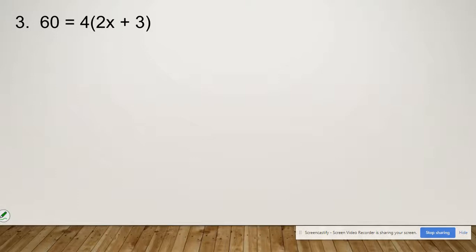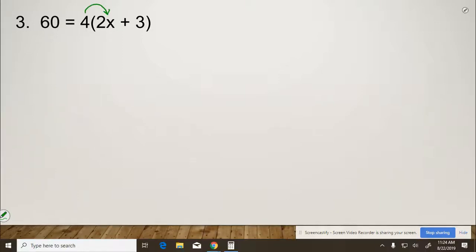Now we have 60 equals 4 times (2x plus 3). So it's twisted around a little bit. We still have the same concept. So we have to distribute the 4 by multiplying it by 2x and 3. So if I bring down 60, I get 60 equals 4 times 2x, which is 8x, and 4 times positive 3, which is positive 12. A regular two-step equation. Start by getting rid of the constant, which is plus 12, by subtracting 12 from both sides of the equal sign,